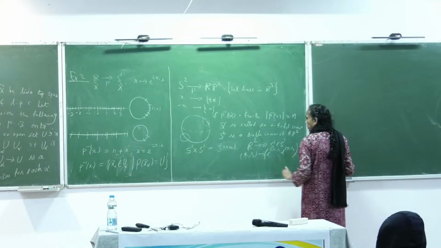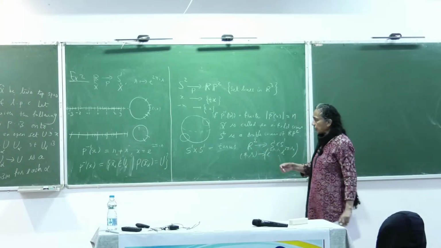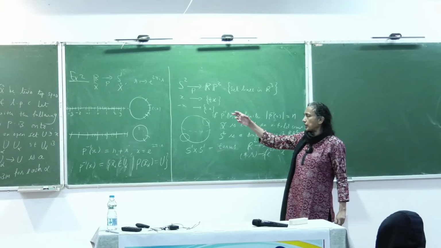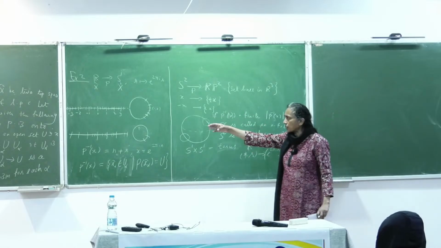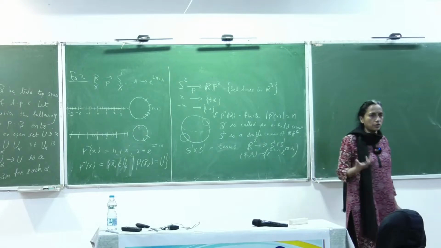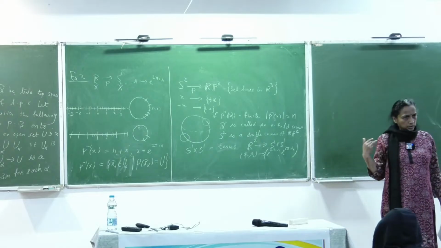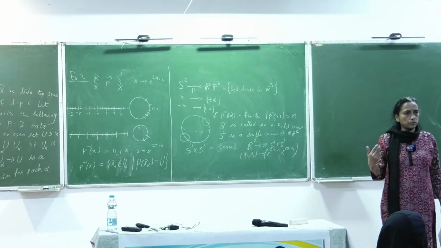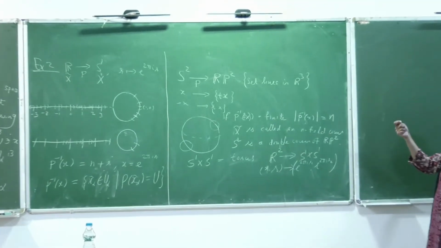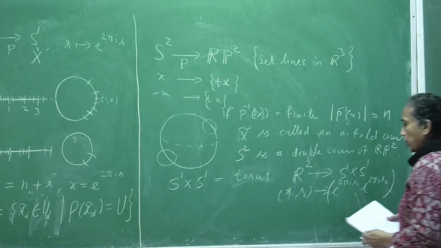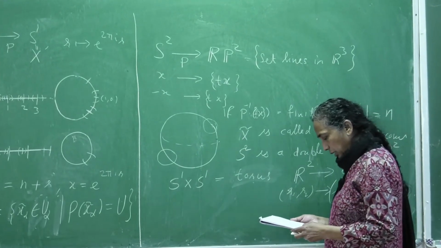This is also a covering, and typically if X tilde is a covering of X and Y tilde is a covering of Y, you can easily show that X tilde cross Y tilde is a covering of X cross Y with the map P1 cross P2. You can do that for finitely many